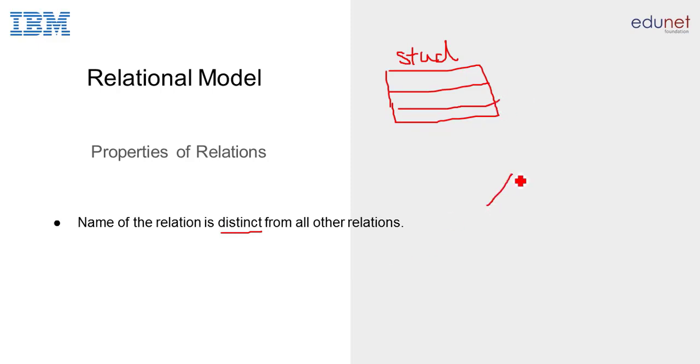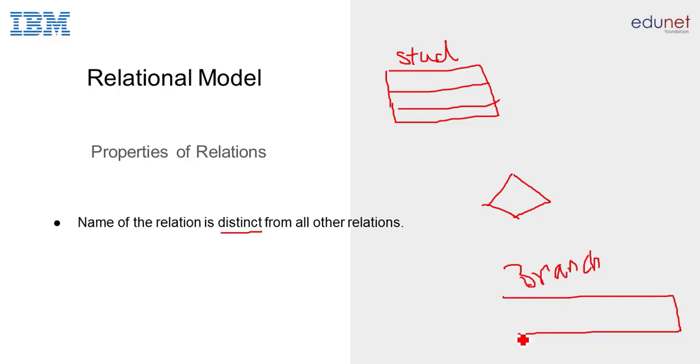and here I am going to make the relation with branch. Branch is my other table. So I want to make a relation between these two tables: student belongs to branch.